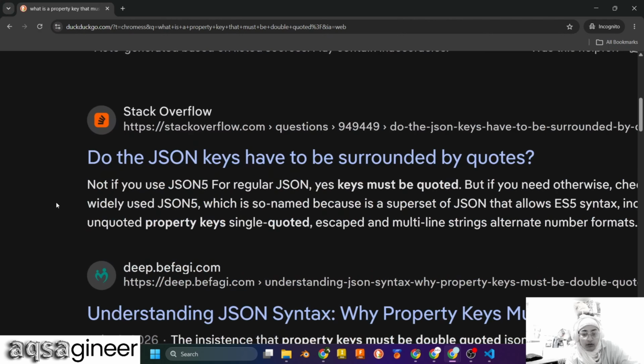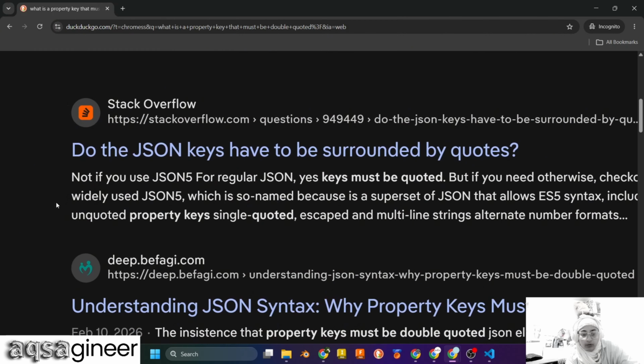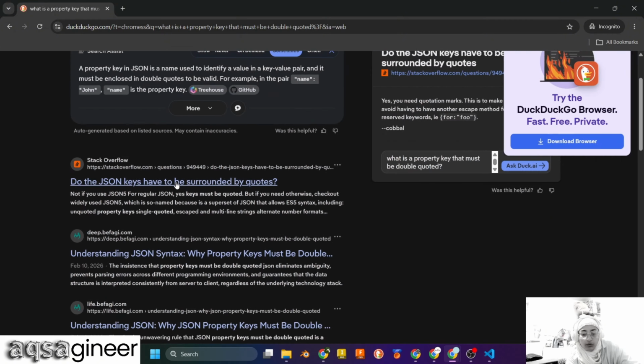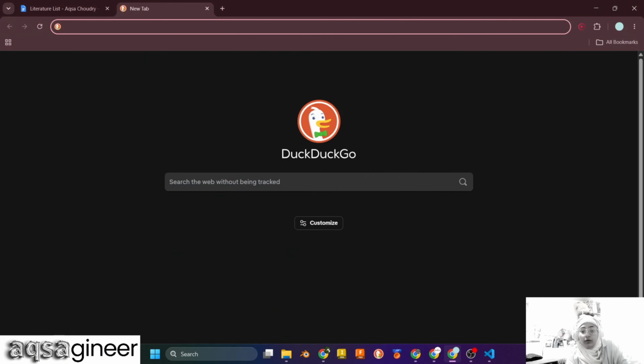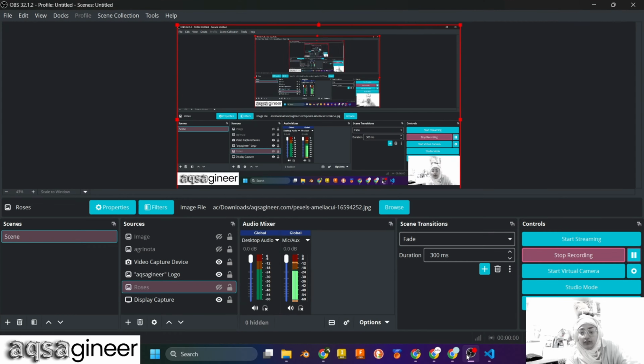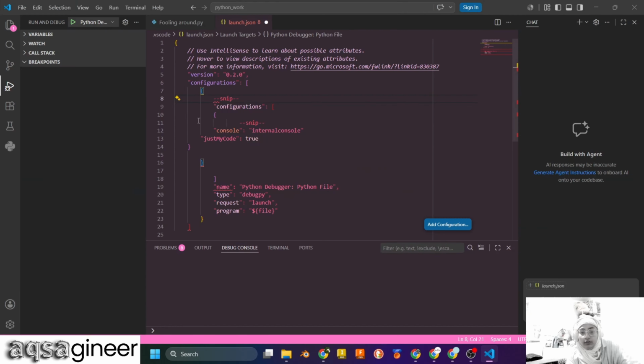Not for regular JSON. Yes, keys must be quoted. Not for sure use JSON 5. This is a regular JSON, bro. This is JSON, not 5 yet, bro. High key. JSON is barely